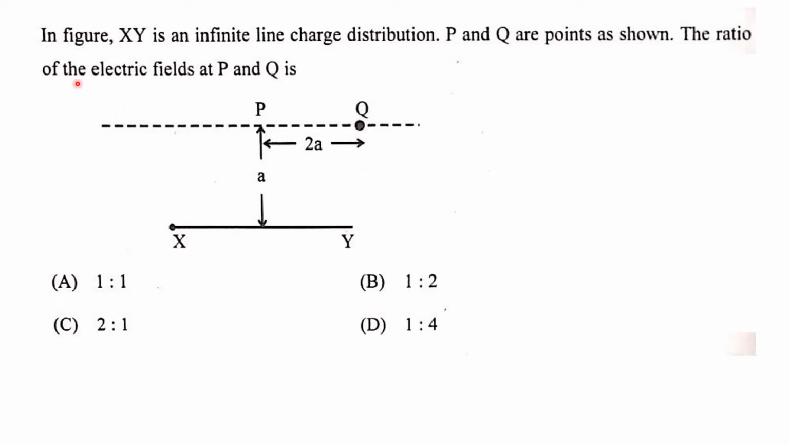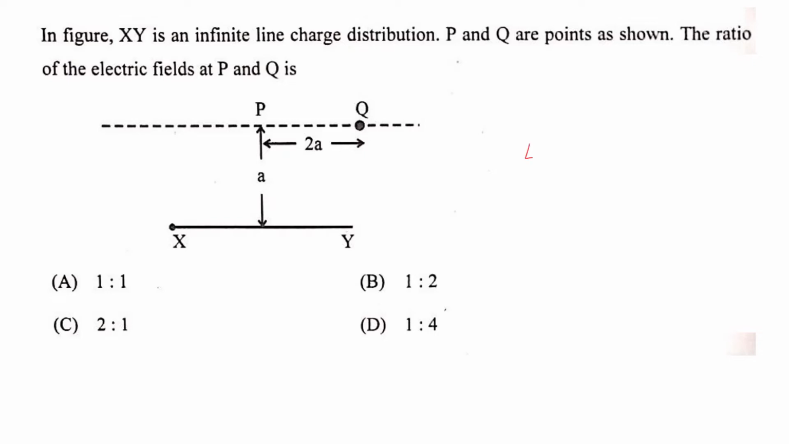Question is, in figure XY is an infinite line charge distribution. P and Q are points as shown. The ratio of the electric fields at P and Q is given that XY is infinite line charge distribution and P and Q are points at a distance a from XY. Then